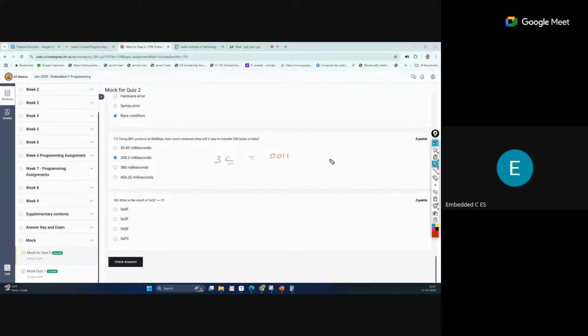And for C it is 1100, which is equivalent to 12, correct? Now this is a right shift of 2 positions.